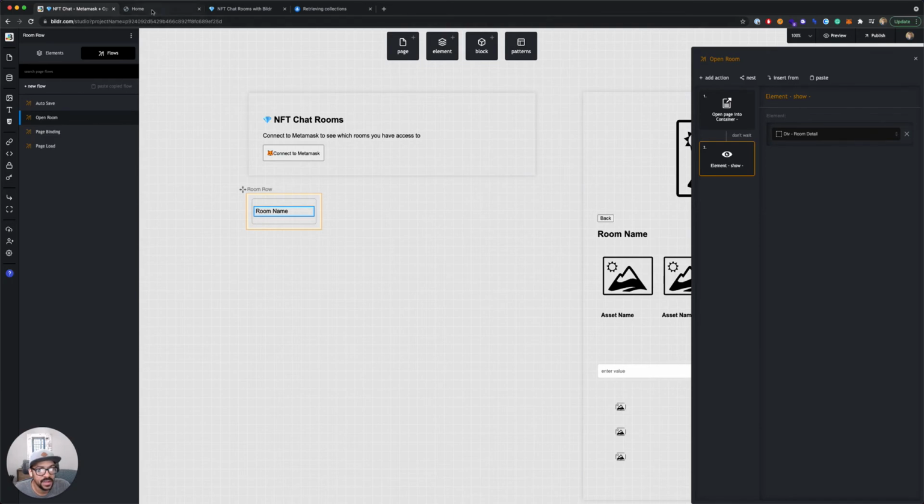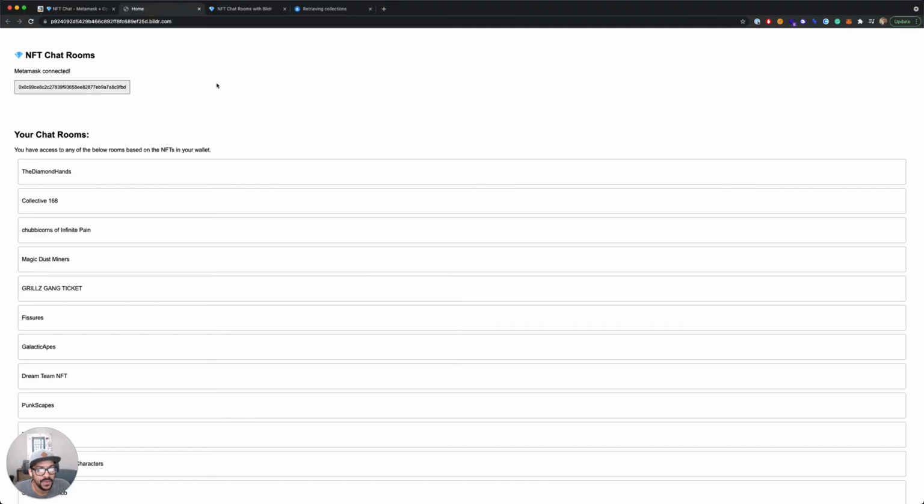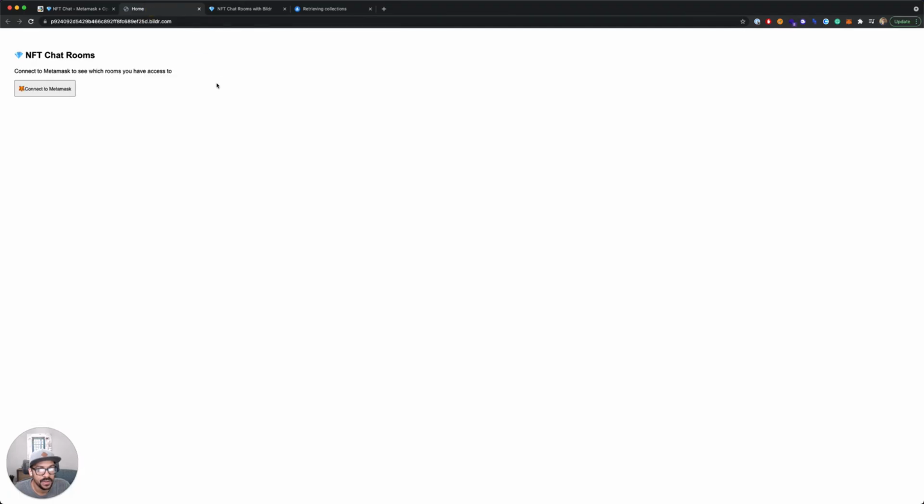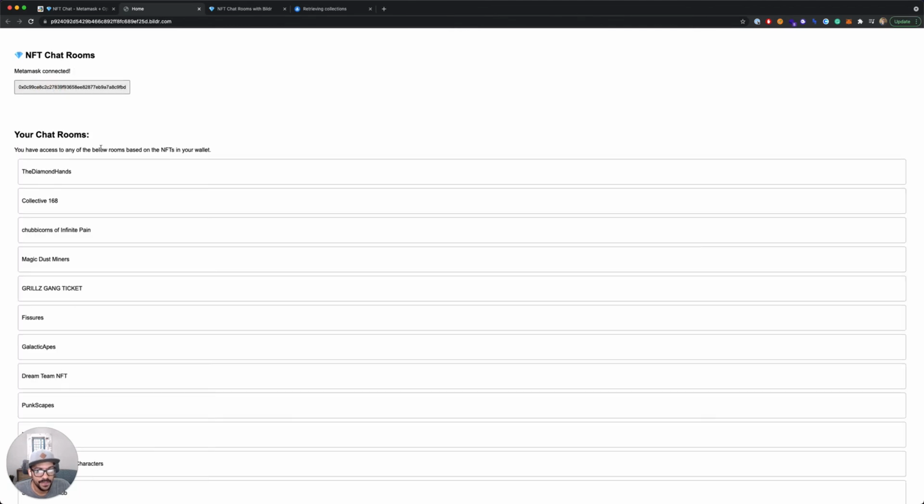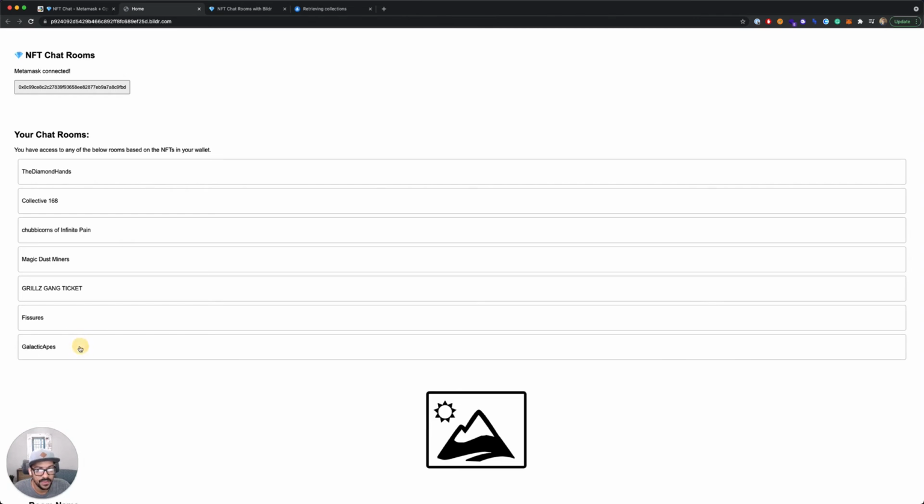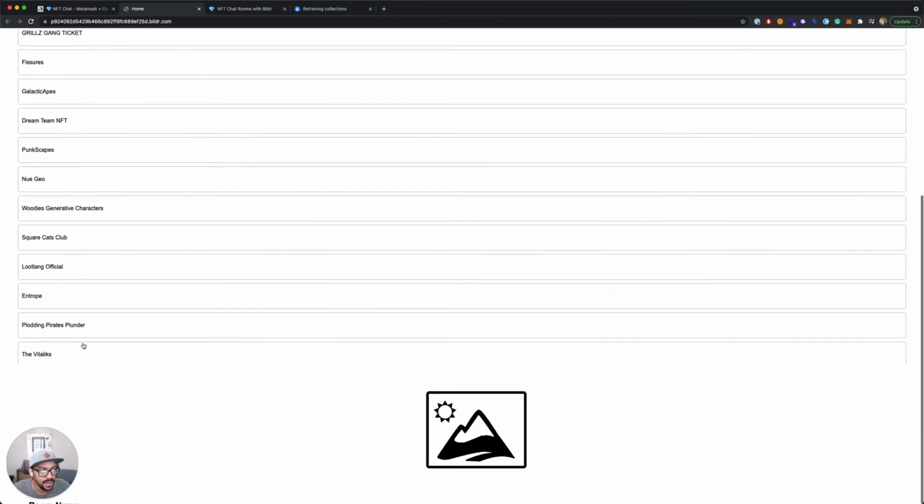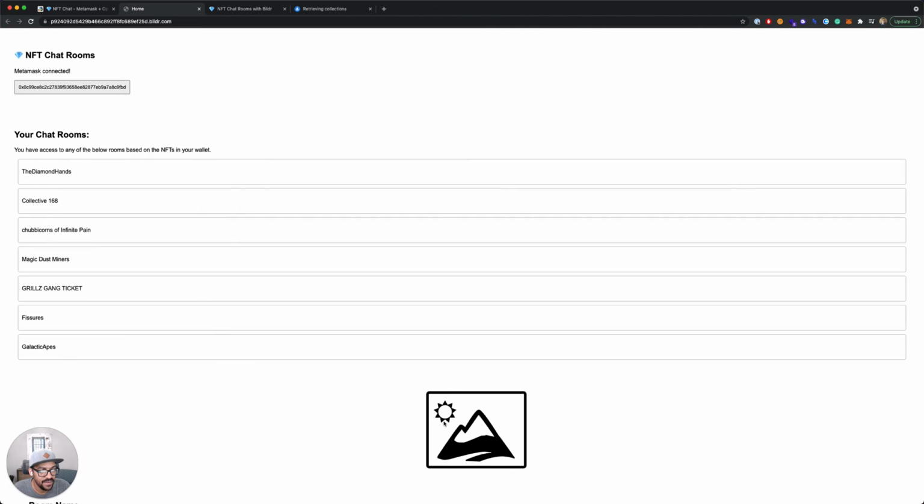Now let's test this out. We will refresh. Connect to MetaMask. We see our loading message. We see our assets get loaded, or I should say our collections get loaded. So we have a list of rooms, one for each collection. If I mouse over, I can see my cursor changes, so I know it's a clickable area. I'm going to click on one, and we have our